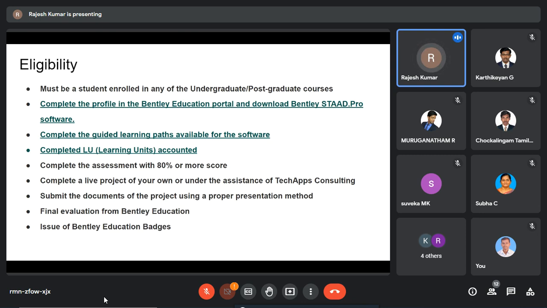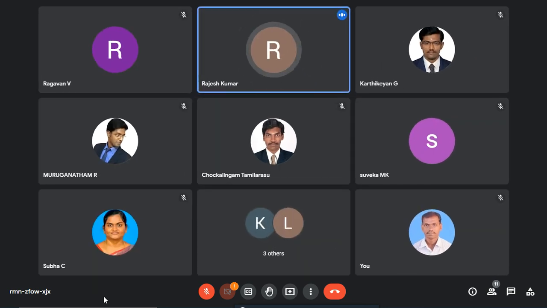Profile means, for example, if I want to show my entire screen, I'll stop sharing it and then I'll share my entire screen.